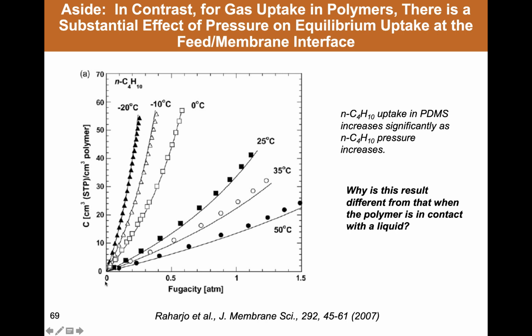But we just routinely see in the cases of gases dissolving in polymers, as we increase the pressure, we increase the concentration. So why the difference? What difference does it make if there's a gas dissolving in a polymer and a liquid dissolving in a polymer? Once the penetrant is dissolved in the polymer, it cannot possibly know that it came from a gas or a liquid, and therefore can't know whether it should go into or out of the polymer based on the phase of